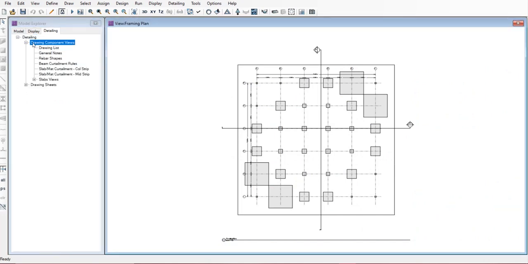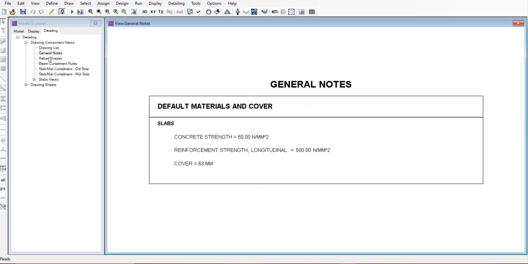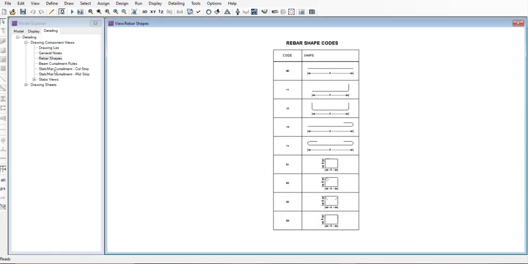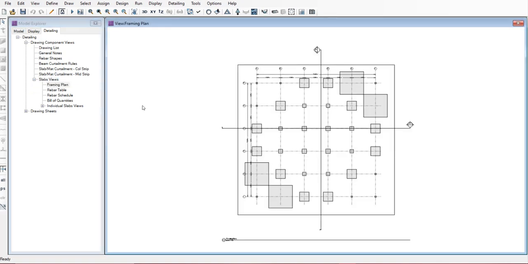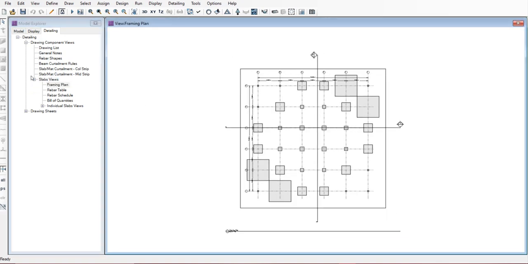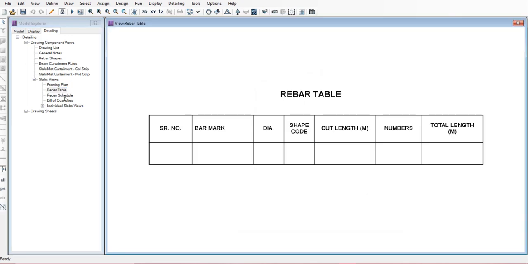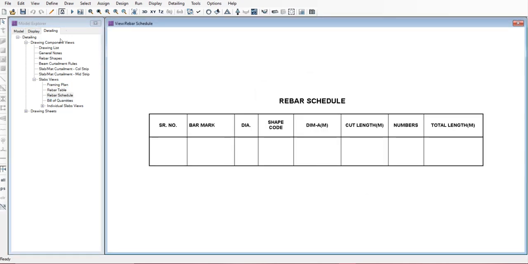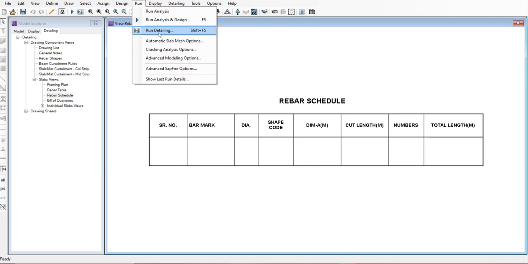You can view the various components such as general notes, rebar shapes. You can also view the framing plan, rebar table. Here the rebar table is not shown. If it is not shown, again run the detailing.